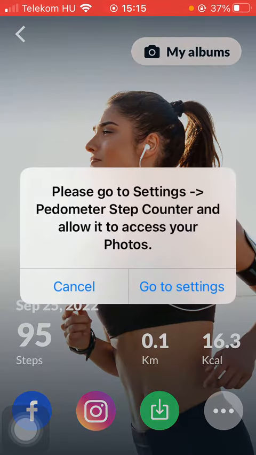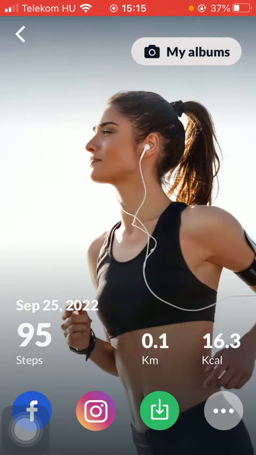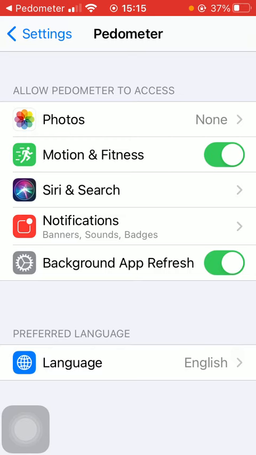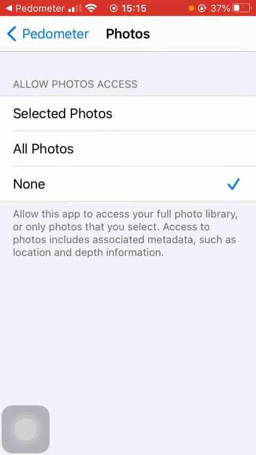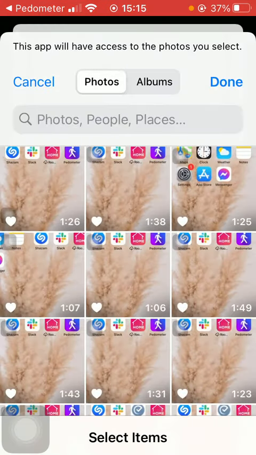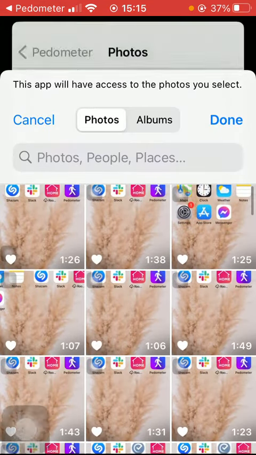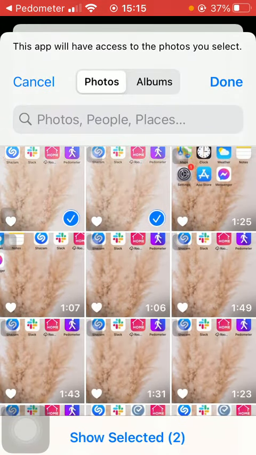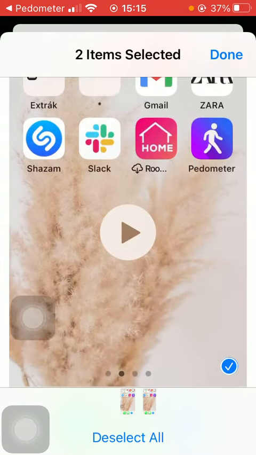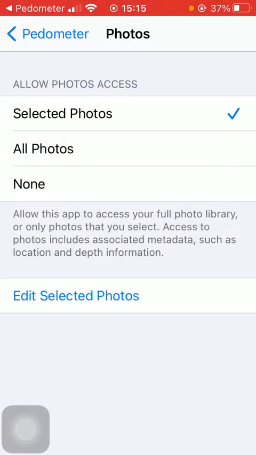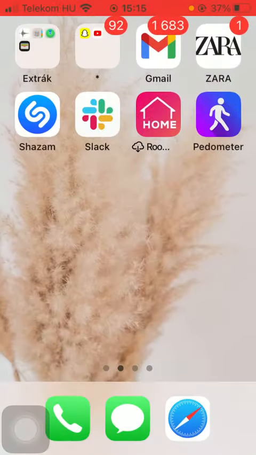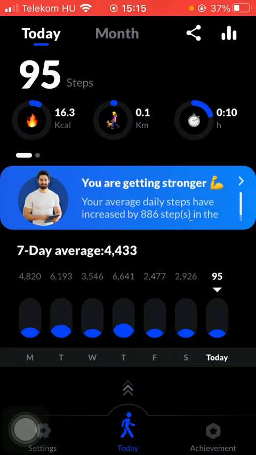So tap on the My Albums section, go to settings, where you need to allow the application to access your photos. So tap on all photos or selected photos. Here you should select the pictures that you would like to select. Tap on show selected, done. In the upper right corner of the screen, go back to the app, and then you will be able to